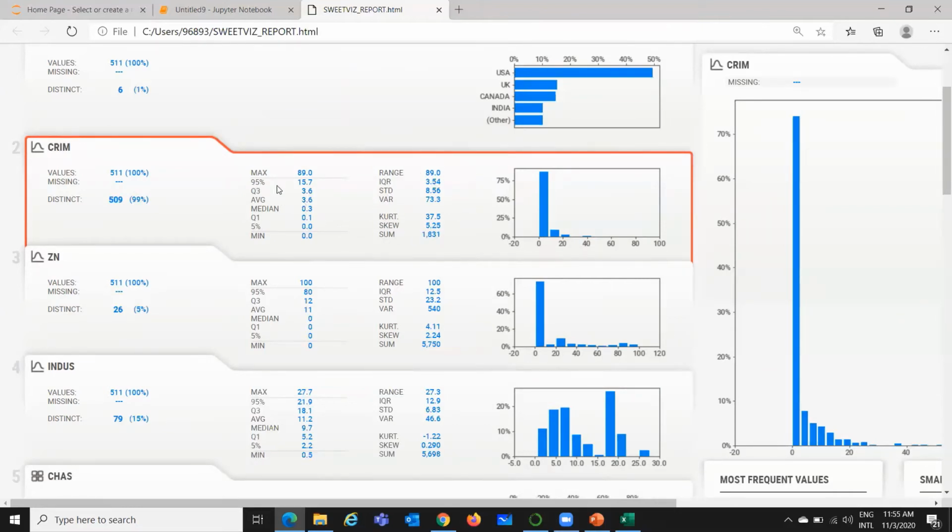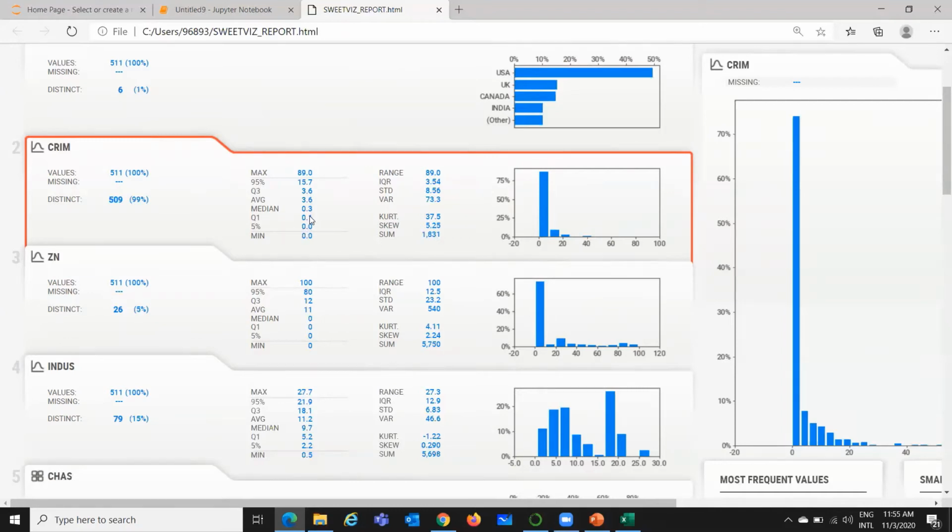We will see 95% is 15.7. That means up to 15.7, 95% of data appears. The remaining only is available in the rest of it. So this gives you the quartile 3 is 3.6, average is 3.6, median, quartile 1 is 0.1, and 5% is 0 itself.